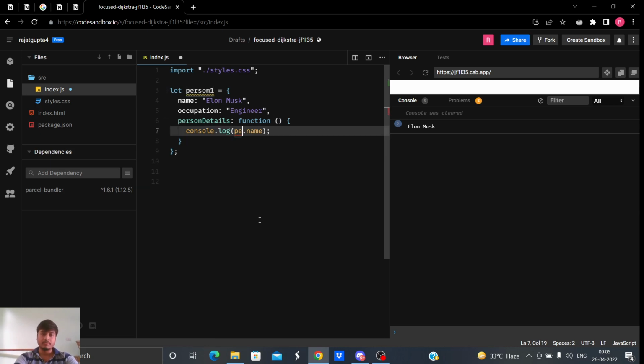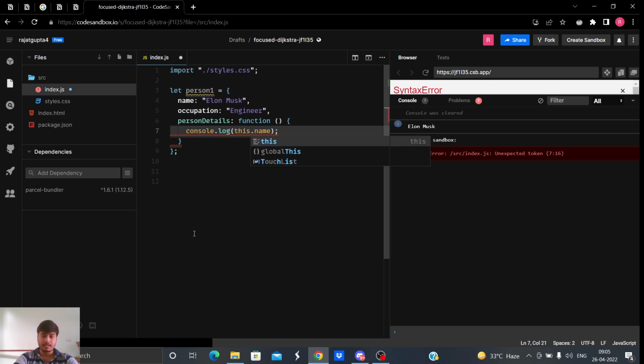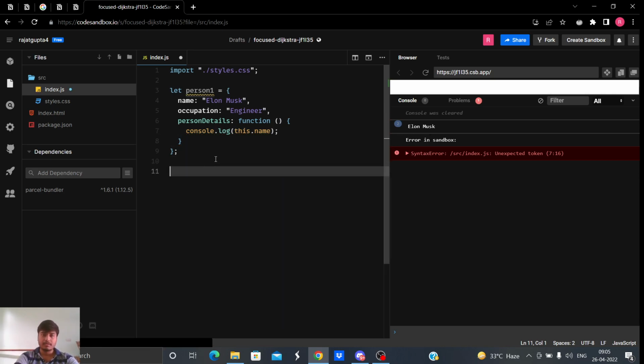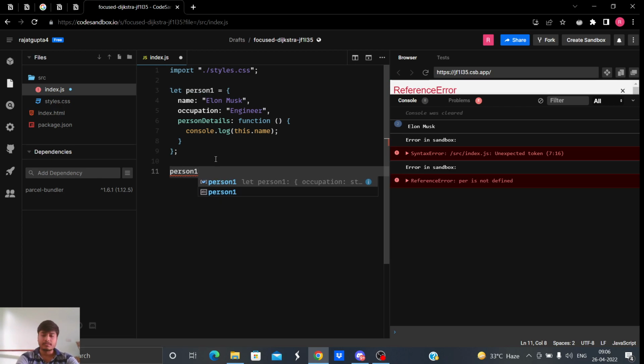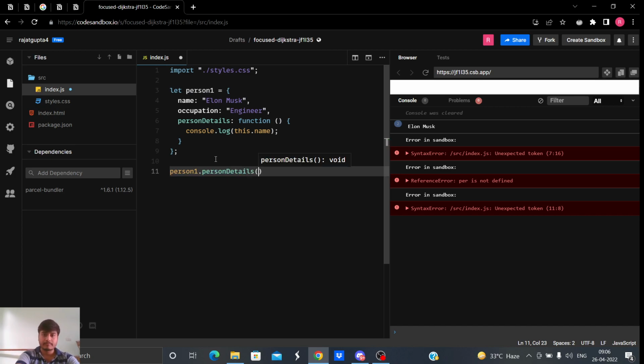Instead of person1 dot name, we can use this dot name, and again we'll get the same result. I should not have deleted this, but I'll write this again. person1 dot person details. See, we get Elon Musk here.